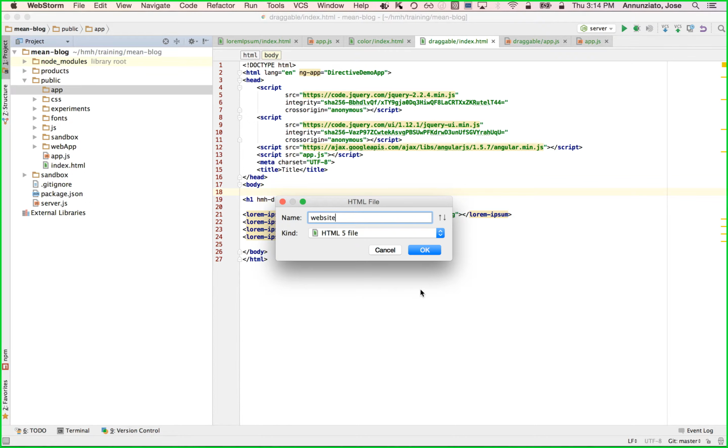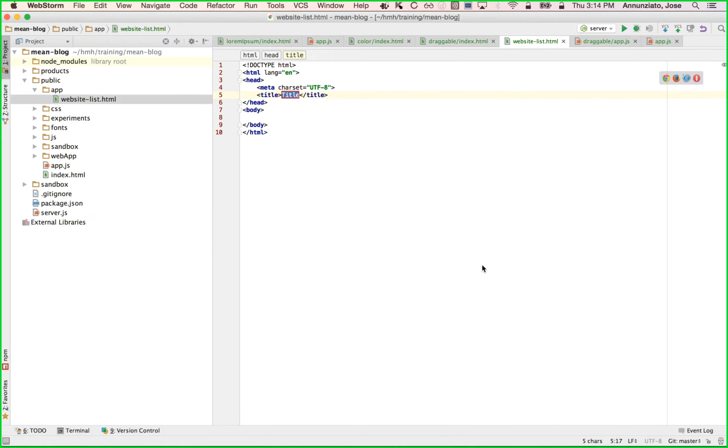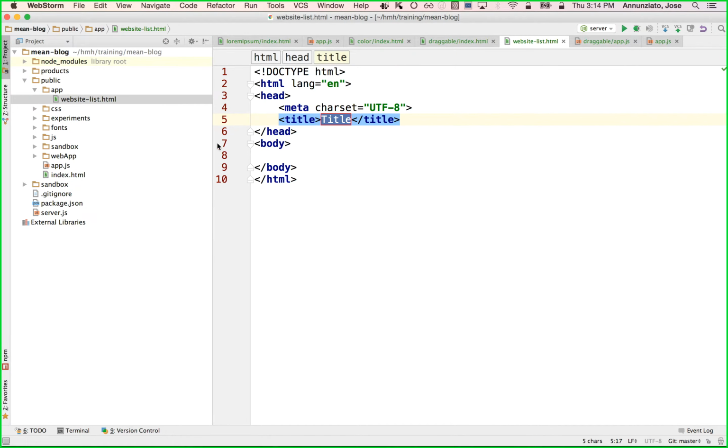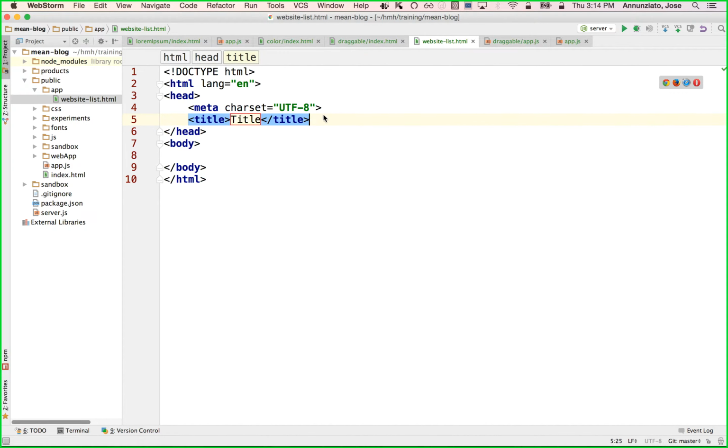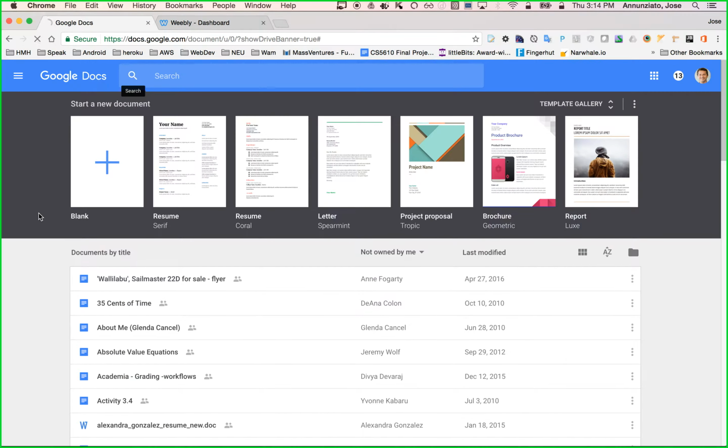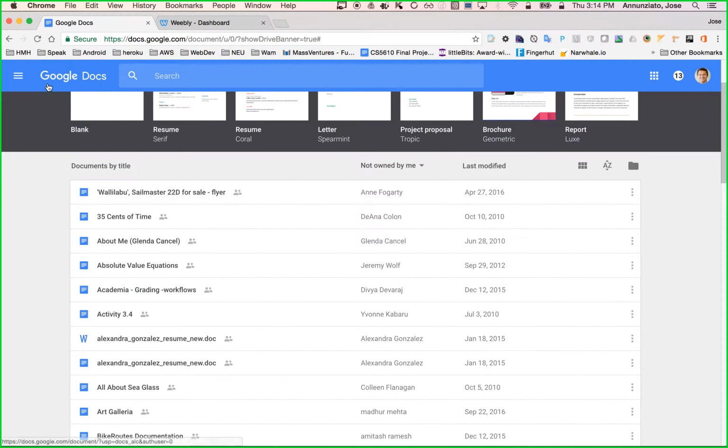Sure. Yeah. Let's start with the dashboard, and then we'll go to those widgets. So let's create a page called website list.html, and right now it's empty. Some of the styling that we might want here is, Bootstrap would live here. We might want something like perhaps a top header. Notice that the header, see how it's stuck at the top? That's a very common